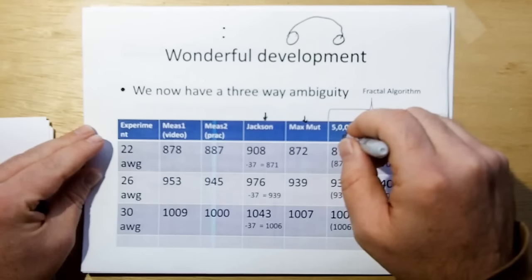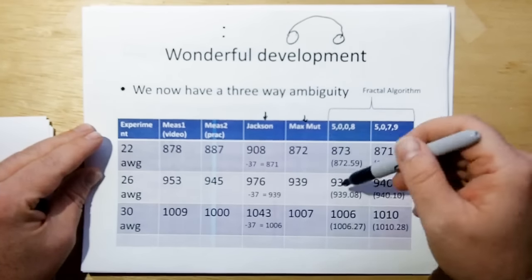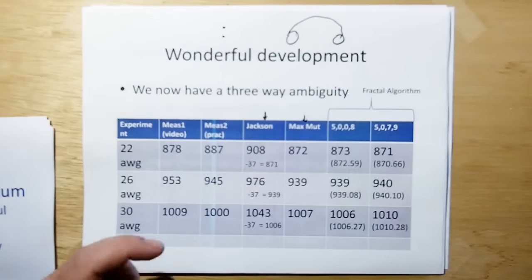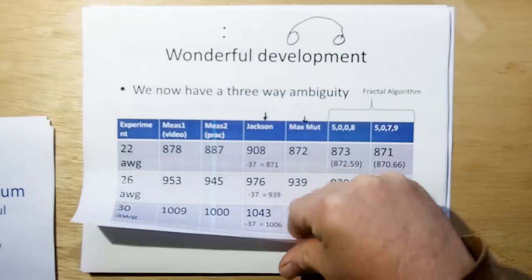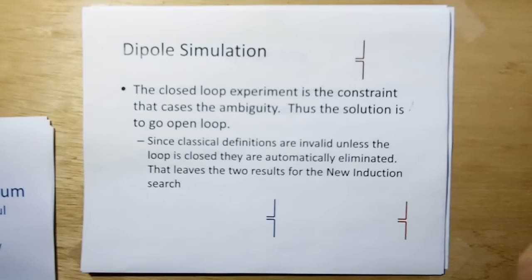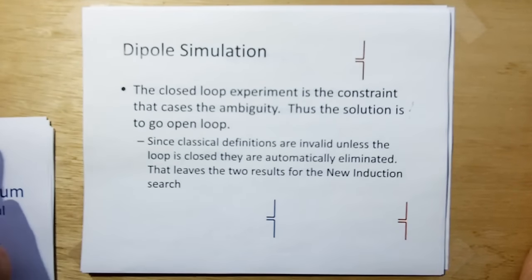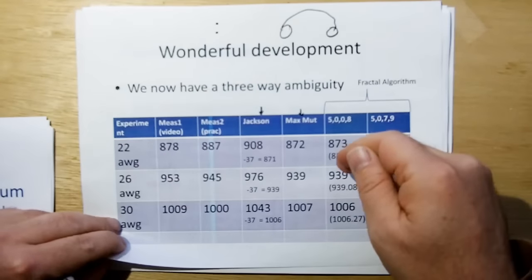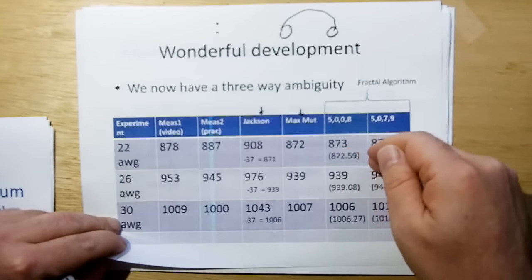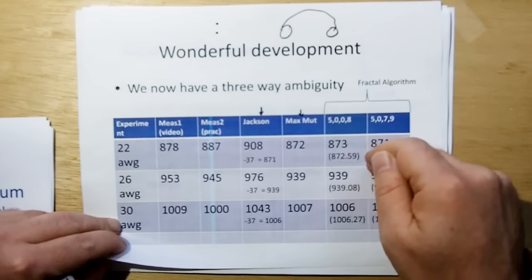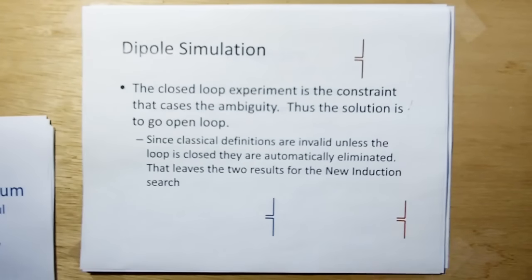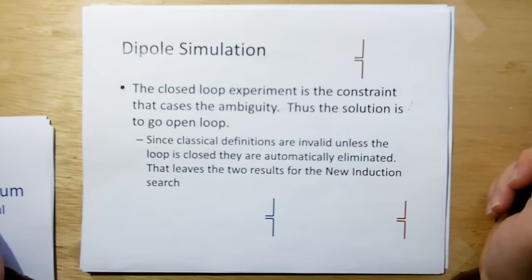And the models I found through searching were 5008 and 5079, and they give experiment. And that's what these two are. These are shown in field format. So the recent development I have is a method of disambiguating. That's what we have to do when we have more than one theory. You have to disambiguate. And also rule of acquisition 17. If you've got identical answers, there might actually be a lower model that explains both of these, a much more fundamental explanation. So we have to be open to the rules of acquisition that say there might be a more fundamental model than this. So what I'm going to do first is a dipole simulation, because all these